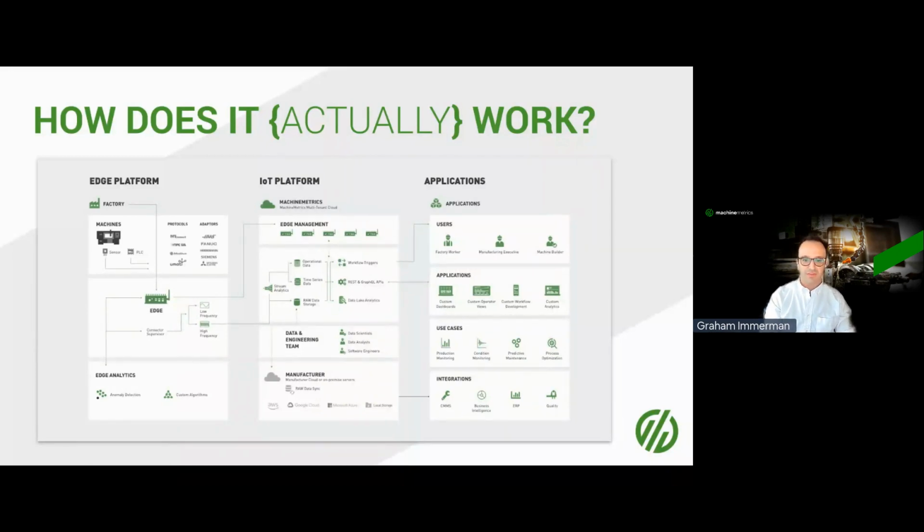And since everything is centralized, the cloud is generally the best place to keep all that data secure and controlled, while still allowing for reliable remote access to this data from anywhere, from secure logins. And once that data is pushed or processed, analyzed, if you will, in the cloud, which happens almost instantaneously, but can be a matter of moments, if not seconds, it can be immediately accessed and then used through applications, use cases, if you will,